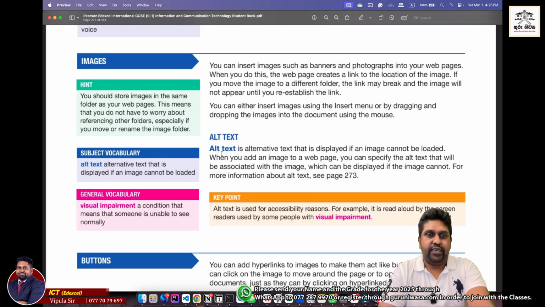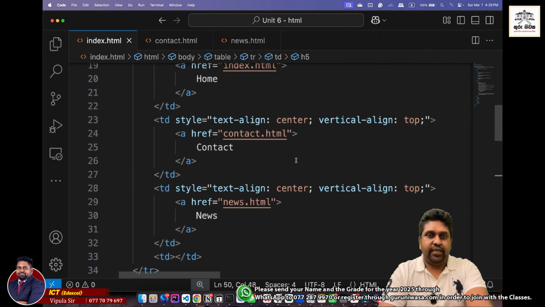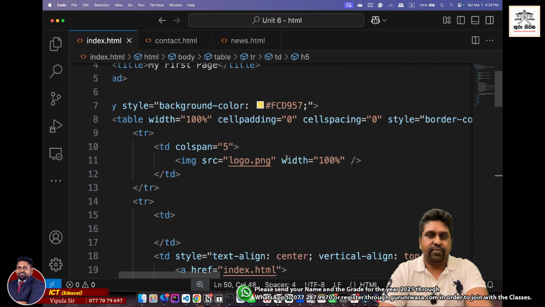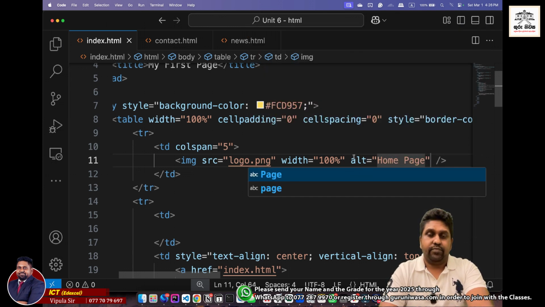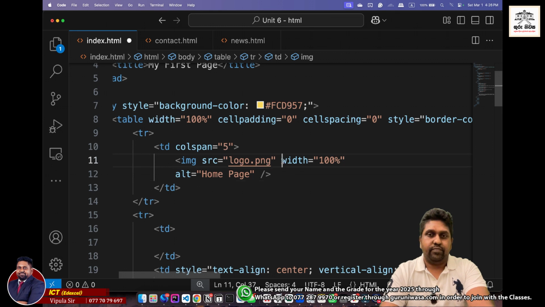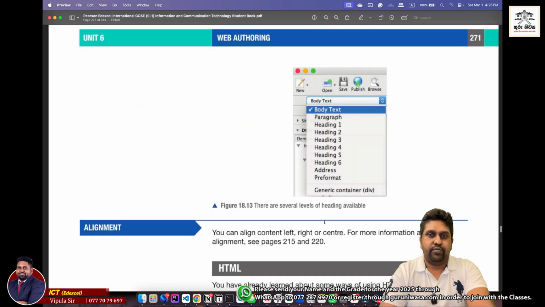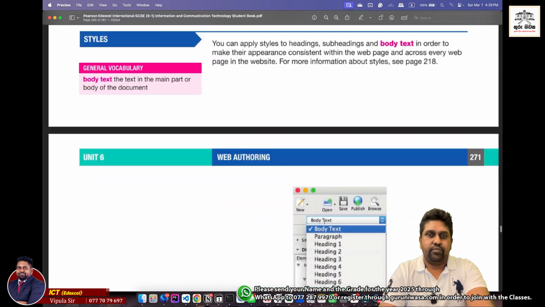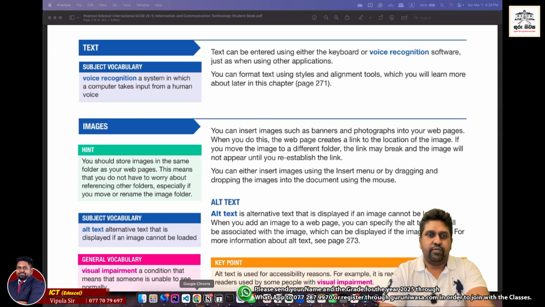So this alternative text, how it works is, let's get to the image on the top. Yeah, perfect. So if I add ALT like this, and oops, refresh,